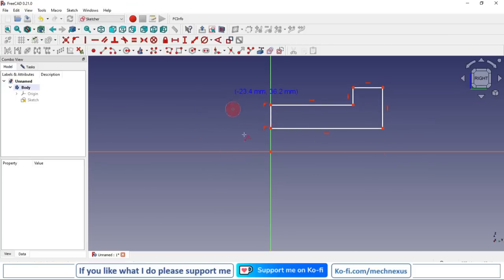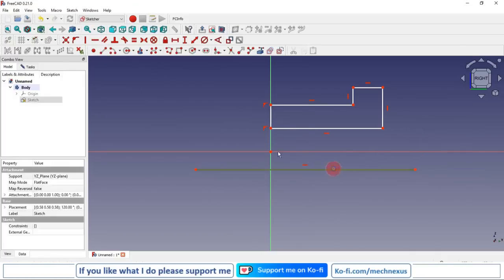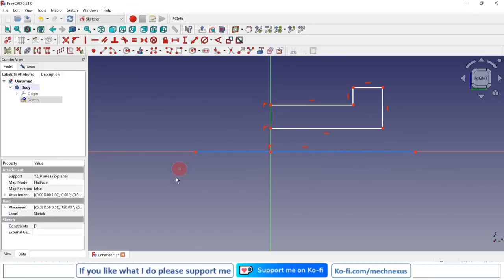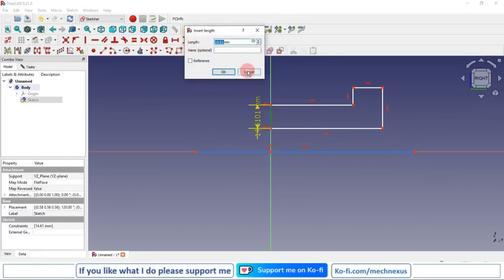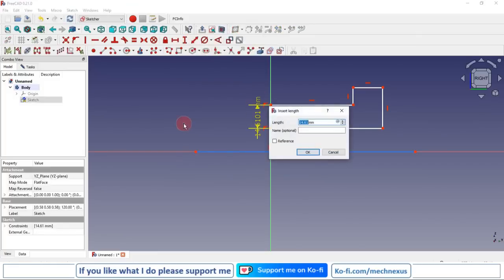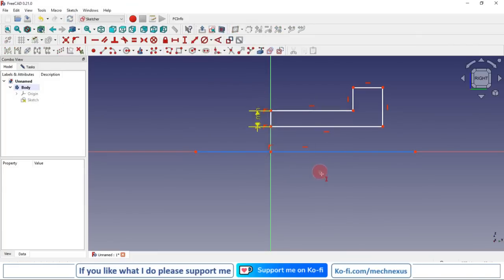And now I will give the dimensions. So before giving the dimensions, I will select a line tool, and I will draw a horizontal line, and I will make it a construction. I will select it and make it a coincident relation, and now I will give the dimensions. I will select this one and give some approximate dimension. Let's say I give 10 mm,